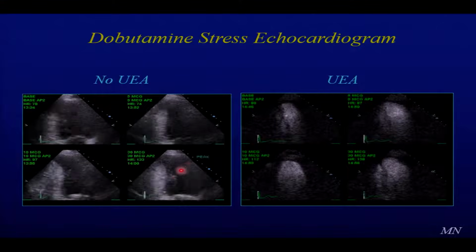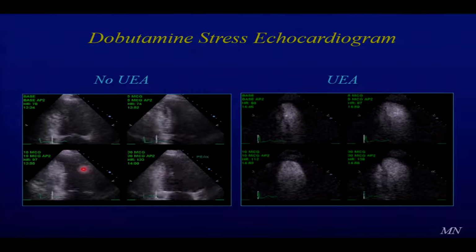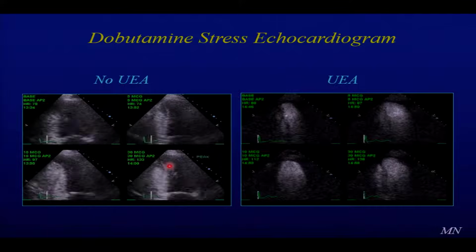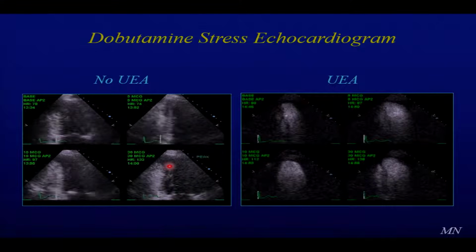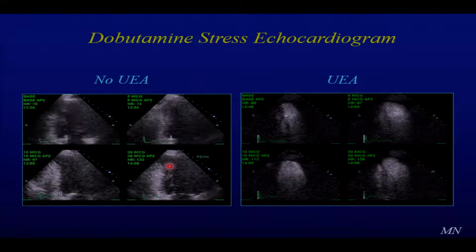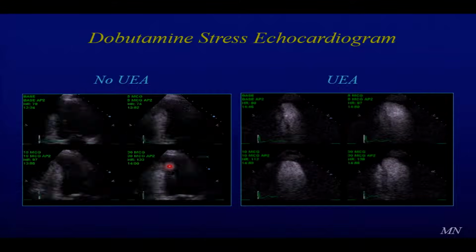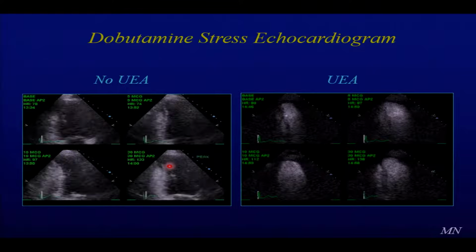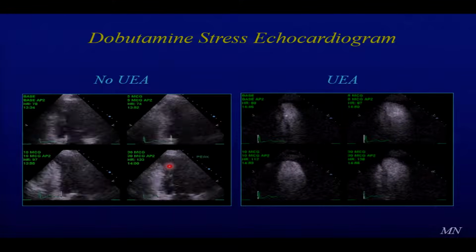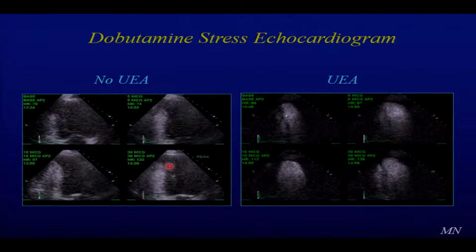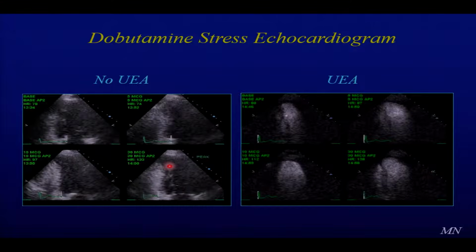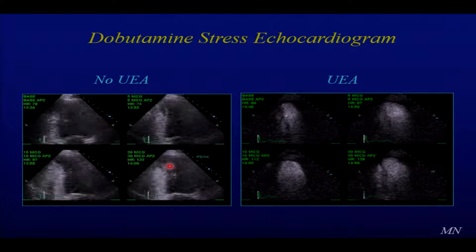But I see a probable apical abnormality here. So the question is, is this a new abnormality? Yes, no. What is the ventricular function? Yes, no. Can't tell much. And if you, as an interpreter, are going to say to your referring physician, technically adequate study, there is apical ischemia,